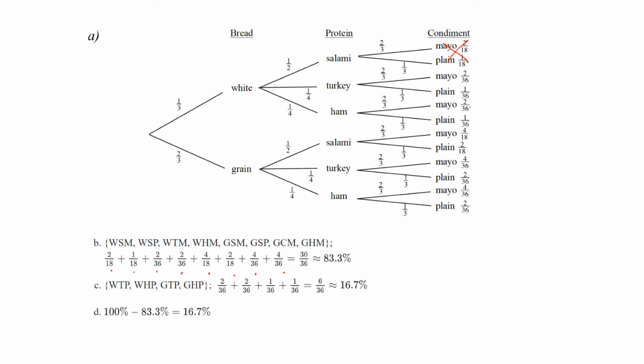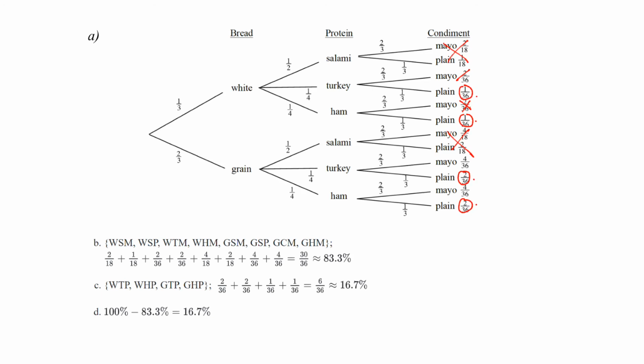Well, these two are out. Turkey, no mayo, just plain. Ham, no mayo, just plain. So that's 1/36 plus 1/36. And then, once again, no salami. And then plain and plain. So we got 2/36 plus 1/36 and 1/36. And so you can see down here, if you add those up, you get 6 out of 36, which was